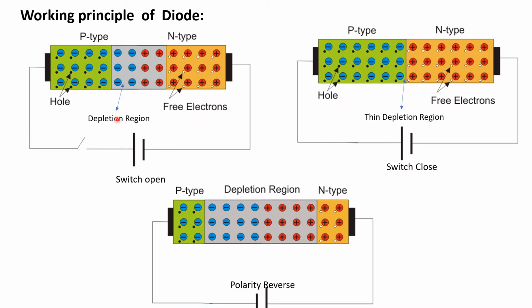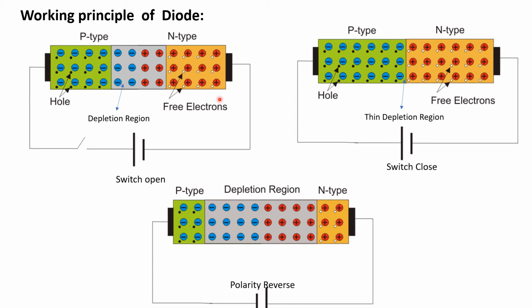Next is the working principle of a diode. These are things you would mostly have studied in textbooks, but how do you understand it? What is actually happening here? This is the DC source, you can consider it a battery. This is the P type, meaning positively charged, basically holes. The black dots you are seeing are the holes. In the middle is the depletion layer, and in the N type the number of electrons present is very high.